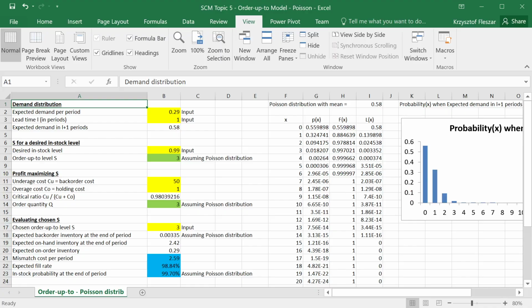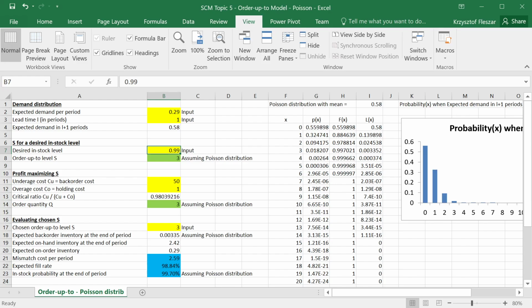So here is a calculation for the Poisson distribution in Excel. This is the input, the mean demand in one period. Remember, this was Susan Magnotto's territory where the period was 1 day. Demand per day was 0.29 units on average, and the lead time was 1 period. So the expected demand in L+1 periods was 0.58. Standard deviation is not calculated because this is Poisson distribution and standard deviation is always equal to the square root of the mean. So if the desired in-stock probability is 0.99, we have to set S to such a value that will give us this desired in-stock probability